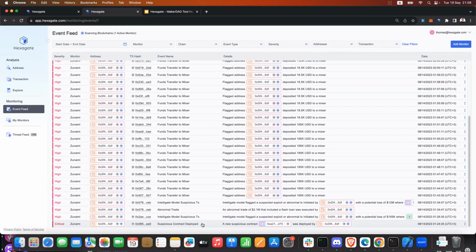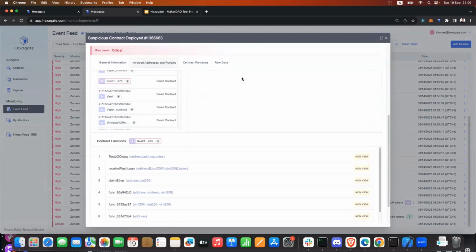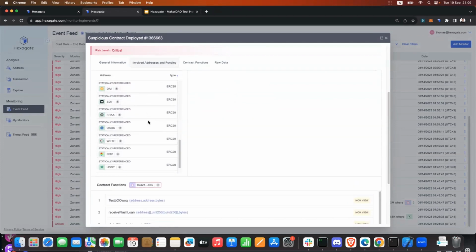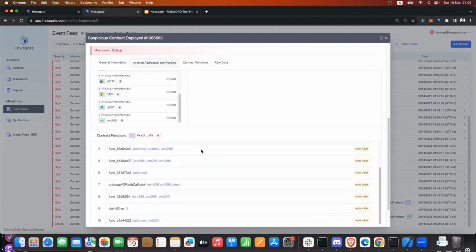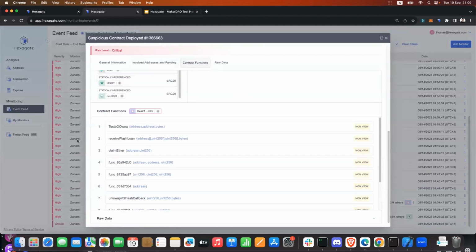A new suspicious contract was deployed, where if you were Tsunami and you added the Tsunami Protocol pool address under monitoring, as I showed, you would get this alert in real time, and that means that a new suspicious contract, which is of critical severity, is about to impact the protocol.